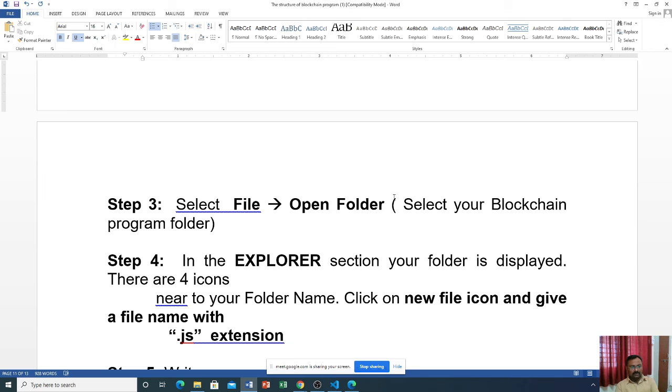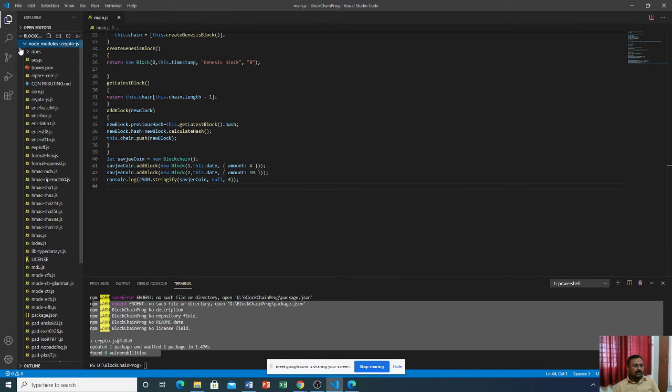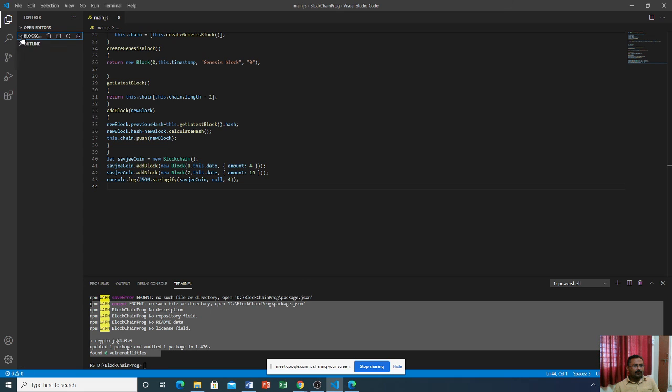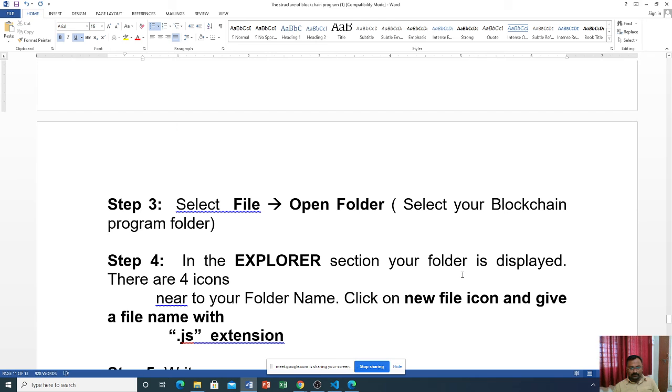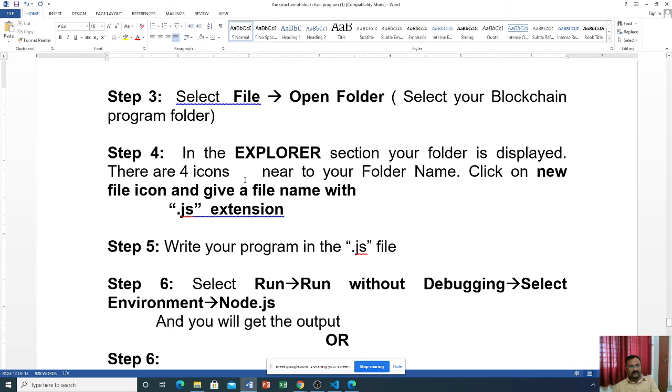There are 4 icons near your folder name: new file, new folder, refresh, and collapse folders in Explorer.